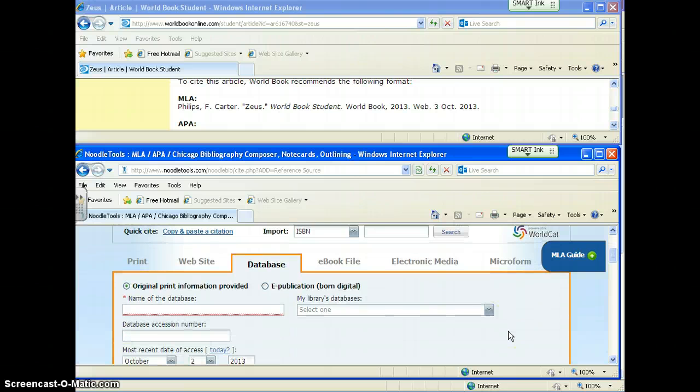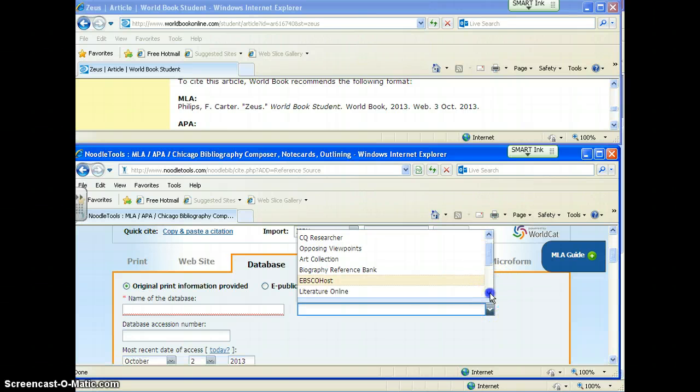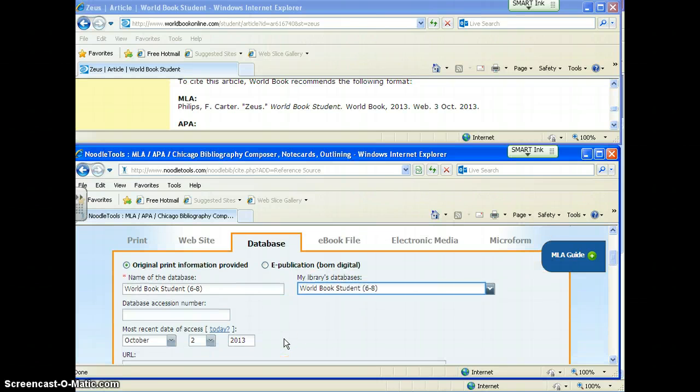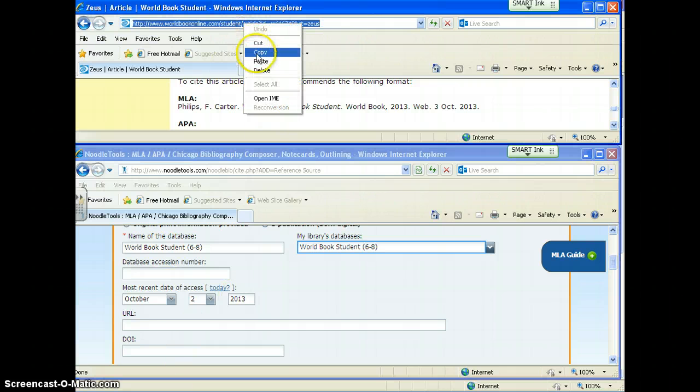Okay, and so now it's going to ask me for a database, and if I look over here at my library's databases, I can pick from here. And we used World Book Student. It's going to default to the access date, which is today's date, and so you can just leave that alone. And then it's going to ask you for the URL. So I'm going to copy my